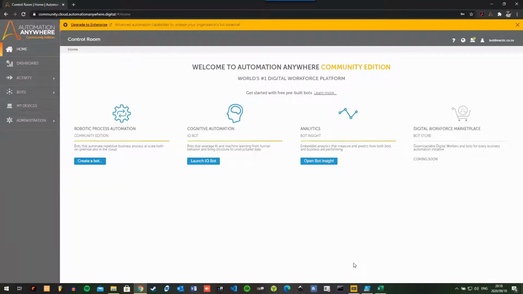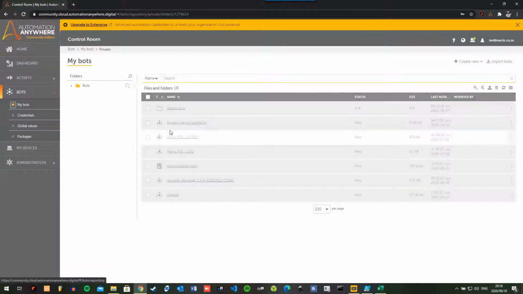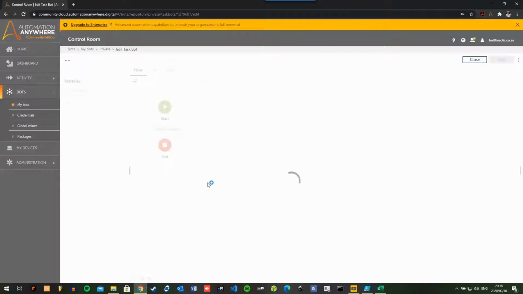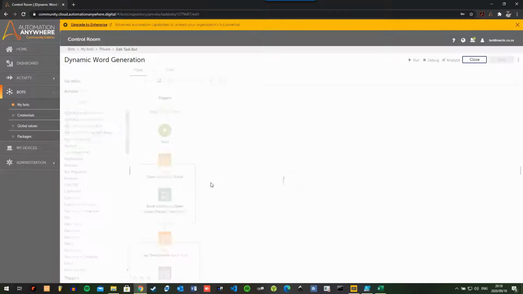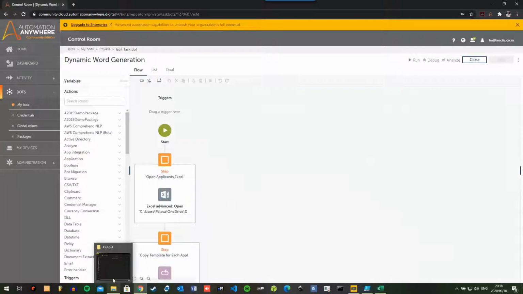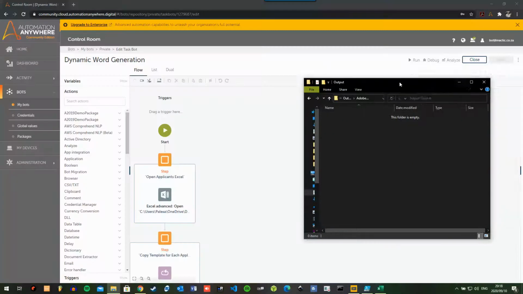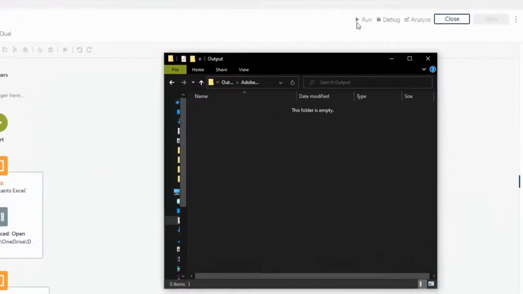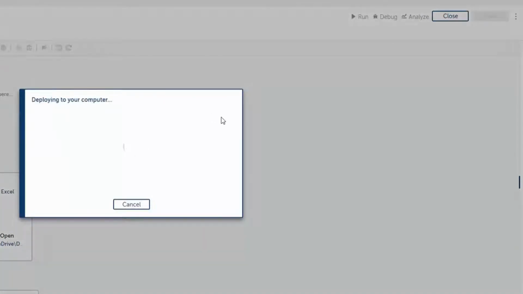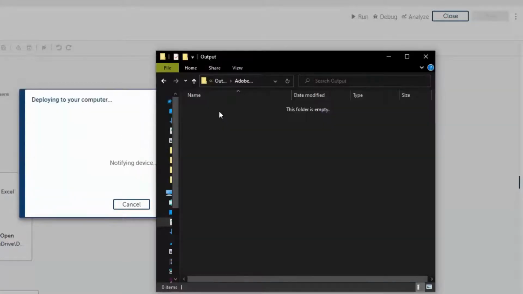So I've logged into my community edition environment. So just to give an idea, if I go into my bots, you'll see I've got my dynamic word generation bot in there. And then I've made a couple of enhancements, right? So if I open my output folder here, I want you guys to notice some enhancements that I've made. So I've actually, in fact, used some of the concepts that I spoke about in part 2 to be able to achieve some of the cool functionality that I've put in here. So if I just surface my output folder over here,